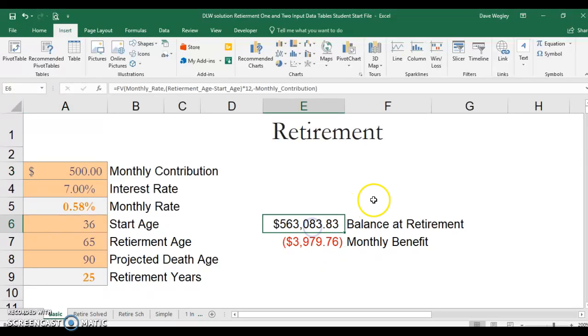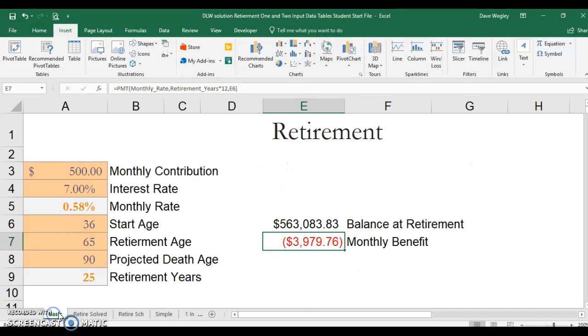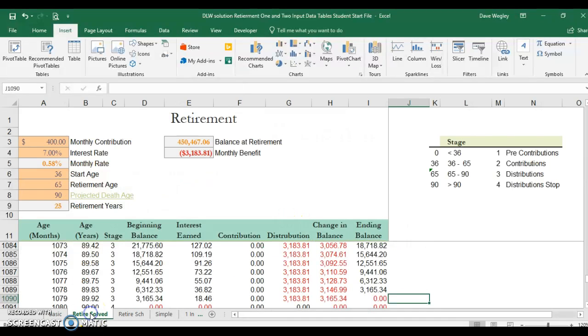Over in cell E6, we have a future value calculation that determines, based on these current facts, the amount that would be in the retirement account. And in the next cell down, we have a payment function that determines the monthly benefit or monthly distribution from the account. So then, in the next worksheet, the only problem with this calculation, those numbers are accurate, by the way, is that you